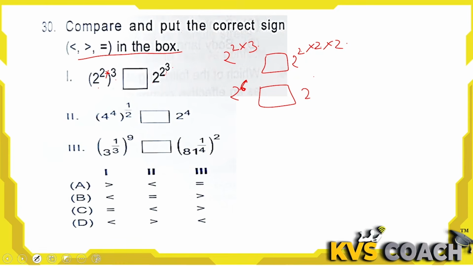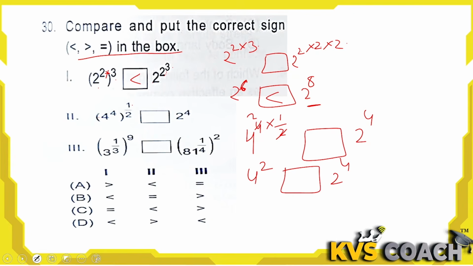and here it is 2 2s are 4, 4 2s are 8, 2 की पावर 8. So which is bigger? 2 की पावर 8 is bigger. So this is the sign will be here. Now 4 की पावर 1/2 है then I'll multiply this. Here is the box and 2 की पावर 4. Okay, so they are saying 2 2s are 4. Okay, 4 की पावर 2 is box is here 2 की पावर 4. Or 4 we will see is 2 square into 2 that is equal to 2 की पावर 4. So this is equal. So we will put equal sign here.